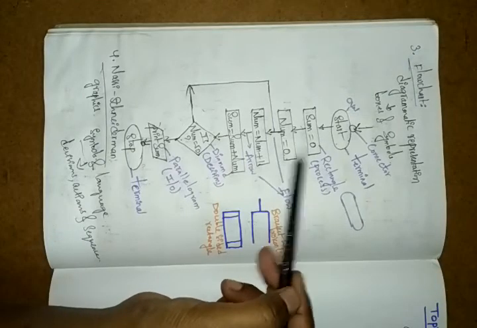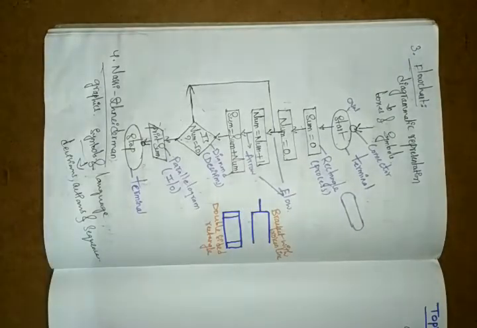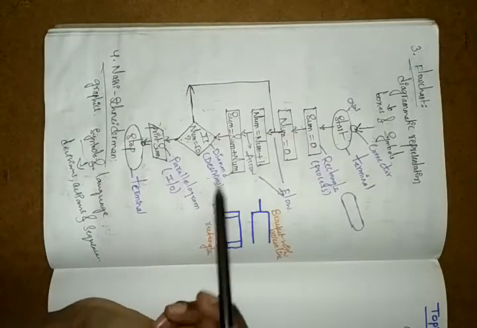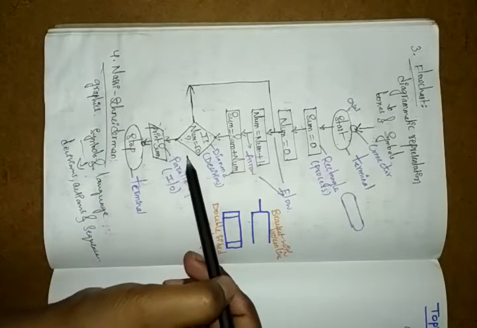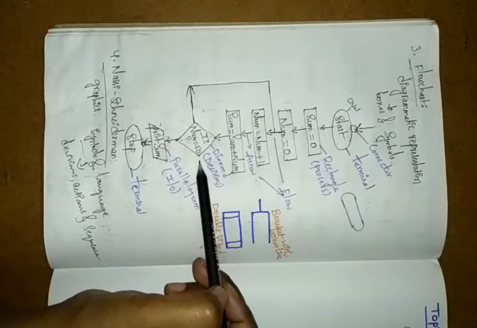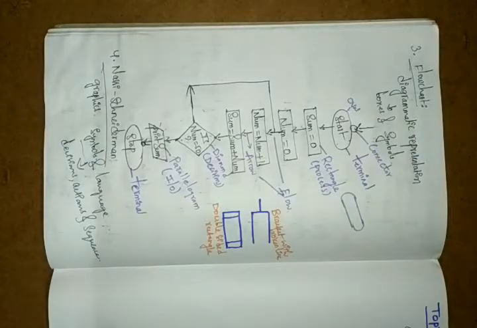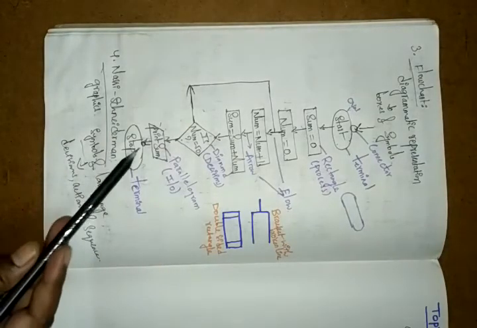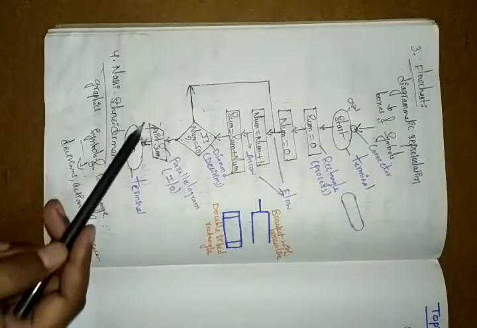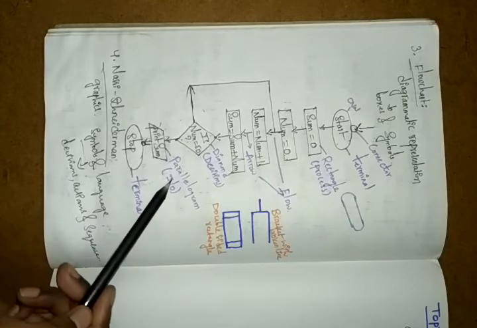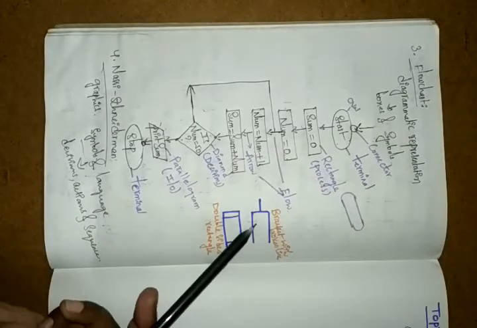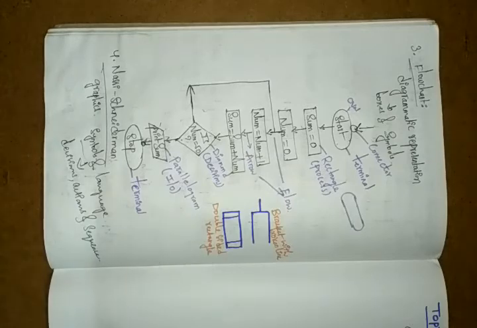These are all rectangles. We use the rectangle for processing. Here we have the diamond symbol, which we use for decisions. The parallelogram is used for input and output operations. Extra, we have two symbols: a bracket with a broken line and a double-sided rectangle. These are the symbols we have in our flowchart.